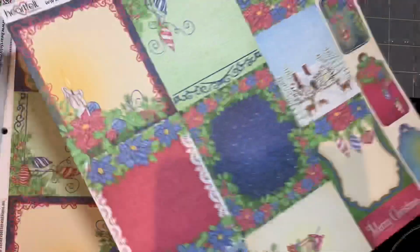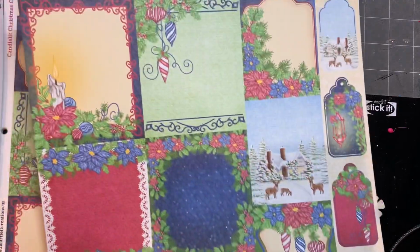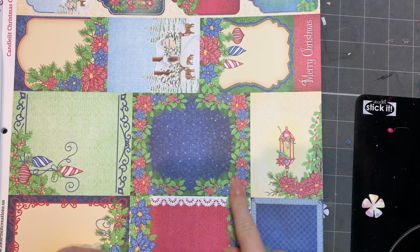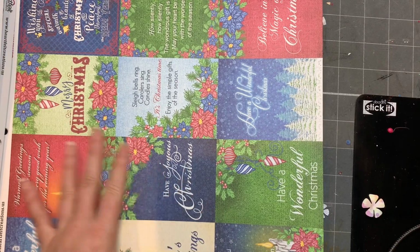And this one's got some tags, which you would have to fussy cut. They don't give you a die for that. And strips on the back. I like these sort of smaller size for the cards that I make. There's more strips on the back. These ones have got sentiments,